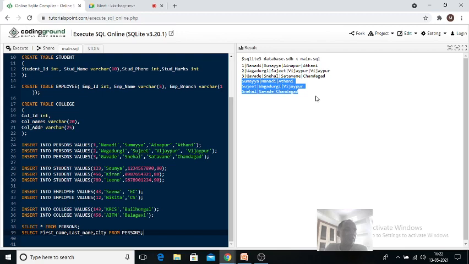I have not given ID as a column name. Second, Sujit, Vagdurgi and Vijapur. Then Snehal, Gaude and Chandigarh. So if you want only one, however you want, you can list it out.